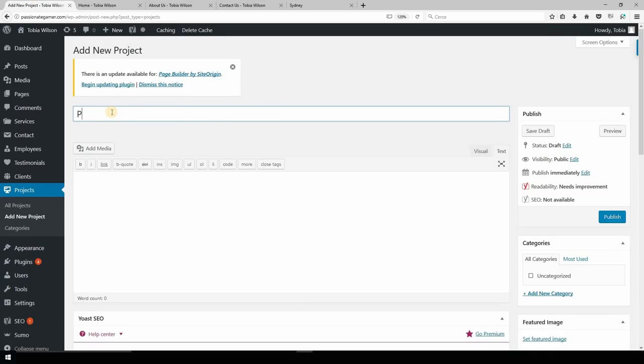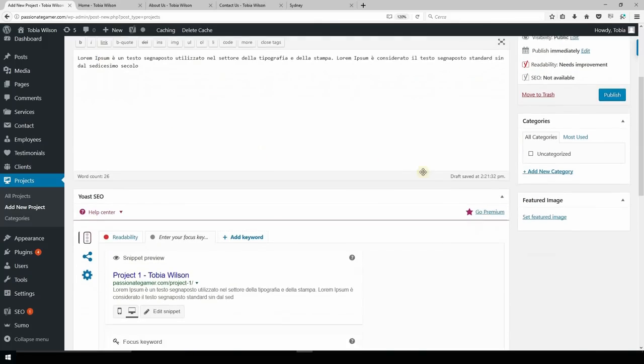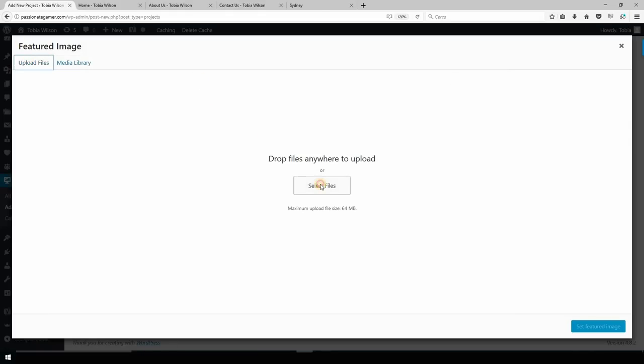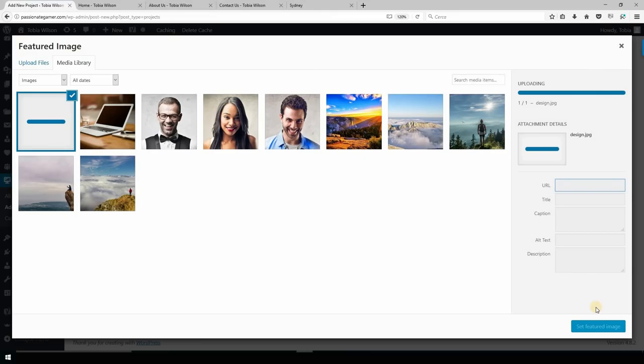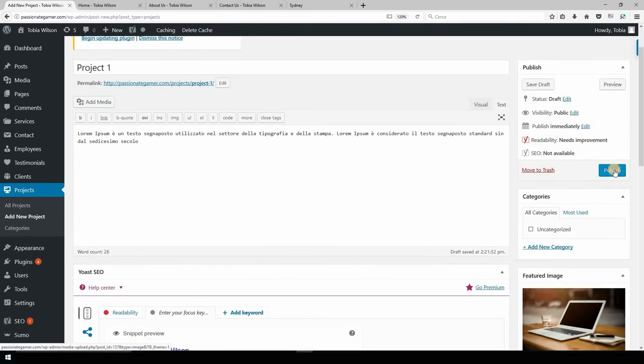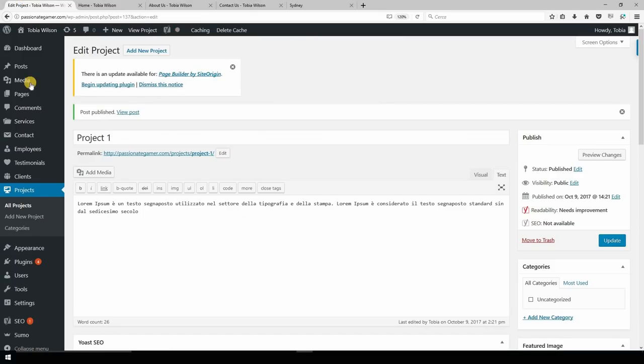So project 1, you can paste in a short description and then set a featured image. Set featured image and then publish the project. Once you have uploaded at least 5, maybe 10 if you want, then you can go back to the home page,